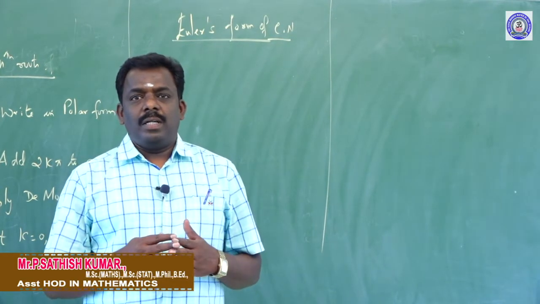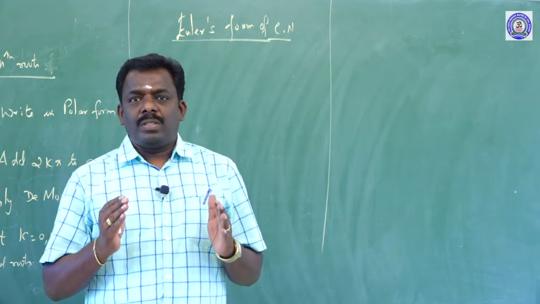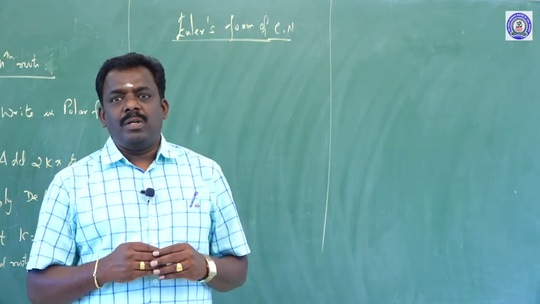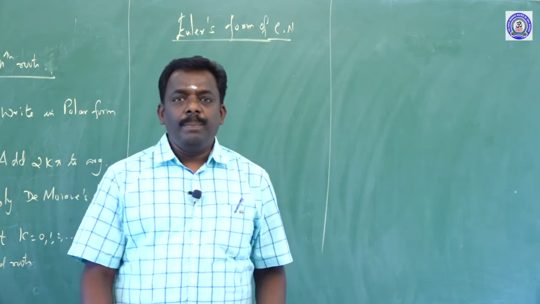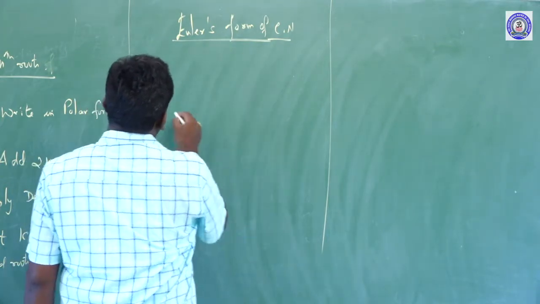Yesterday we discussed the introduction of the nth root of infinity. We gave a little bit of introduction already yesterday. Now, a continuation of the introduction about the nth root of infinity. Before that, Euler's form.